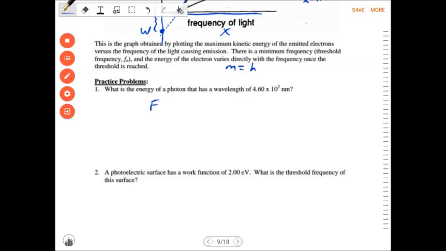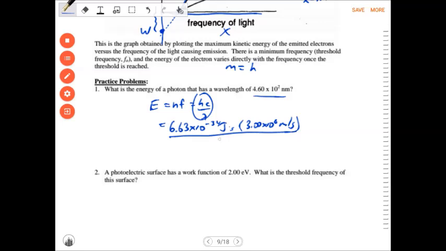Okay, well this is kind of like last unit stuff. So energy of a photon is simply hf or hc over lambda. Now of course we have a wavelength, so we're going to use this one. So h is 6.63 times 10 to the negative 34 joule seconds, times 3.00 times 10 to the 8th meters per second, all divided by 4.60 times 10